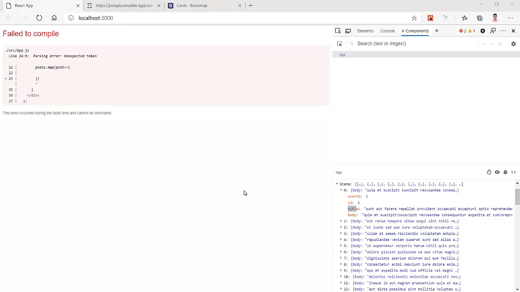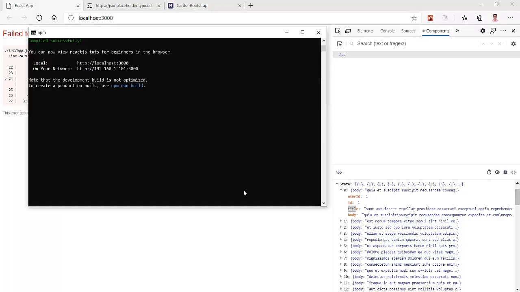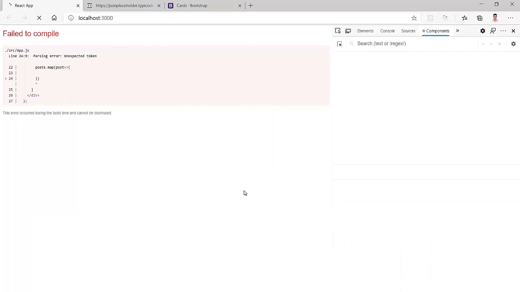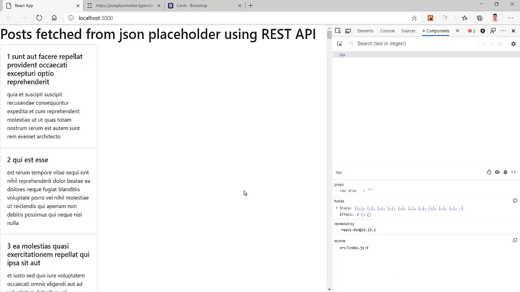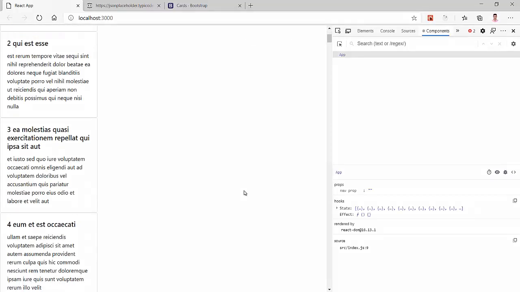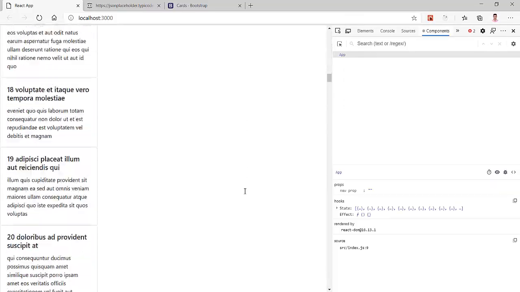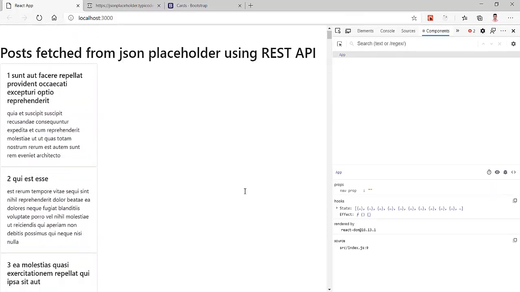I think it is compiling. Yeah, now it is compiled successfully. So our page is also refreshing. Let's see it again. See that these are our posts that we fetched from there. We are getting all our posts.